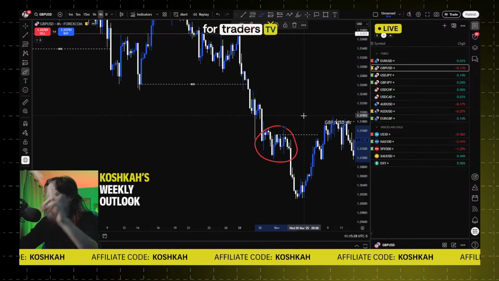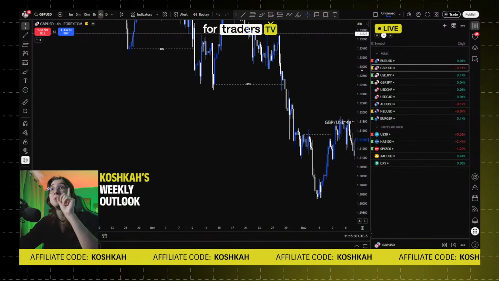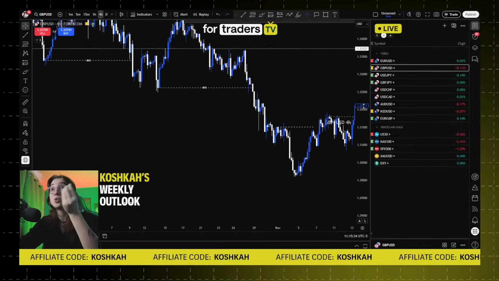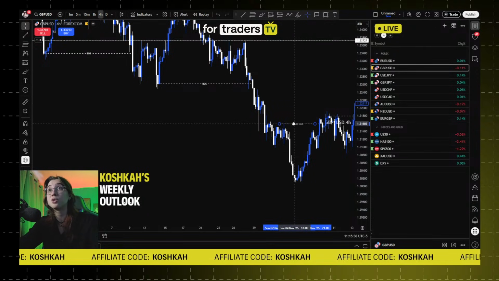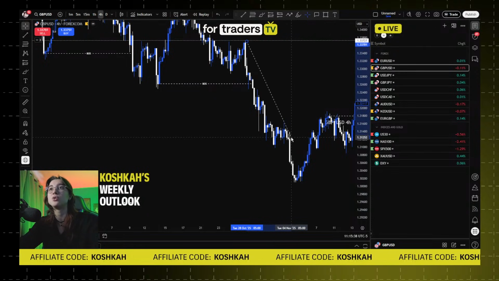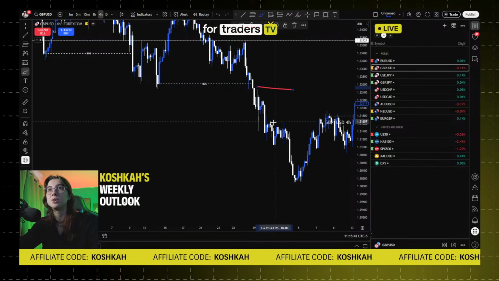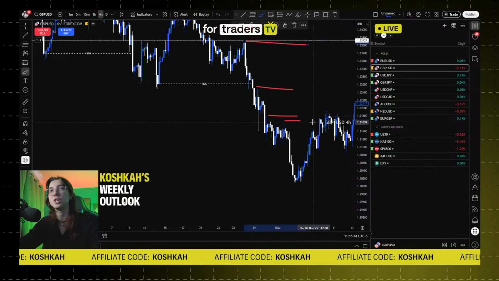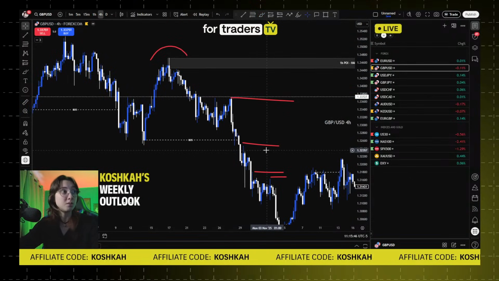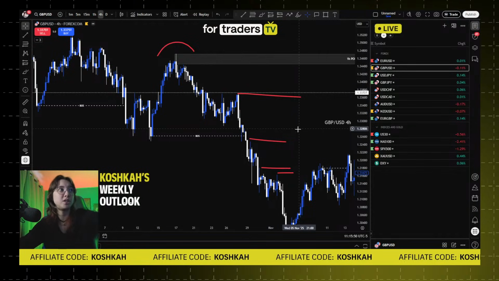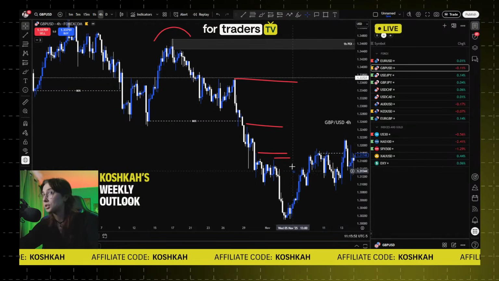There are two options. The first option would be to consider this as liquidity. This is really, really important. You just have a lot of liquidity here, some liquidity here, here, whatever here, and you continue to look for some sells. That's the first option: consider this as liquidity and continue to look for some sells.